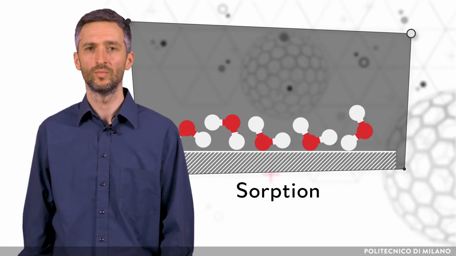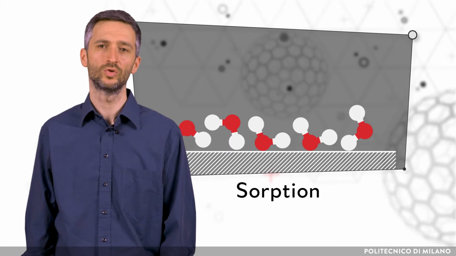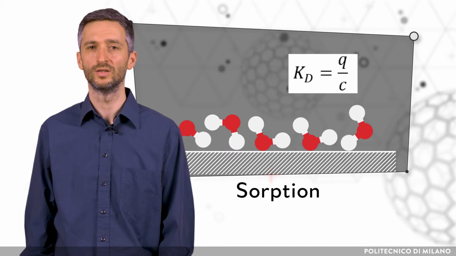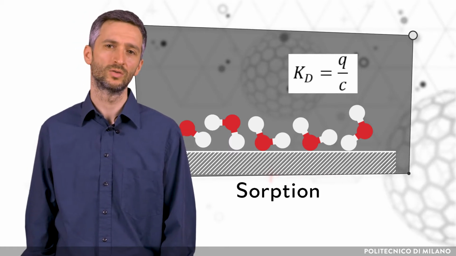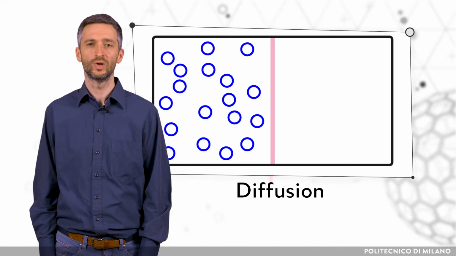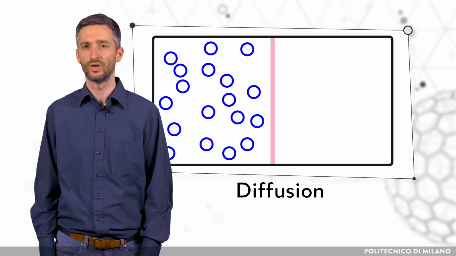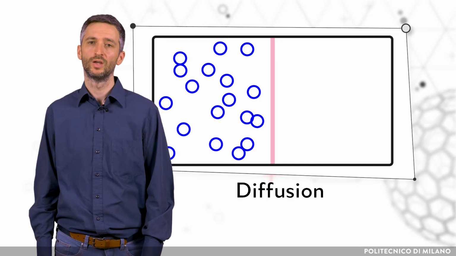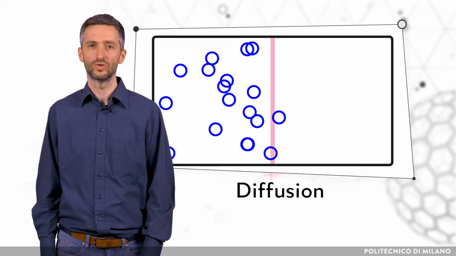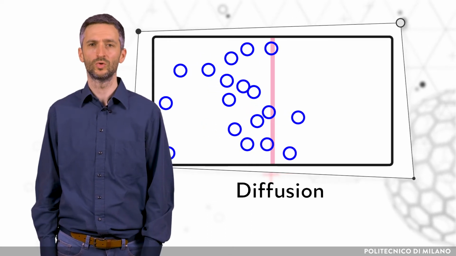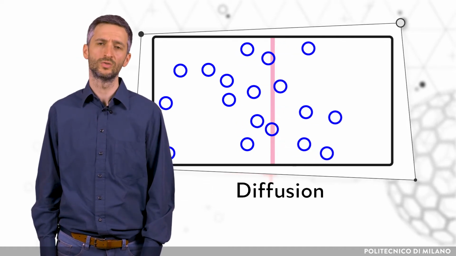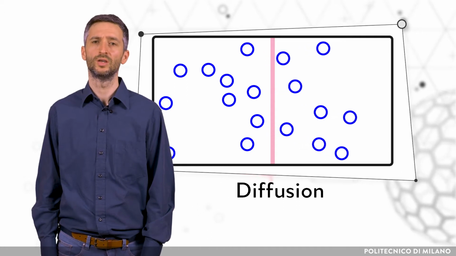Sorption properties of a material are characterized by the distribution coefficient Kd, which is the concentration of the radionuclide in the solid phase divided by its concentration in the liquid phase. On the other side, diffusion is the net movement of molecules from a region of higher concentration to a region of lower concentration. Diffusion is driven by a gradient in chemical potential of the diffusing species. Diffusion is a passive process by which radionuclides can move through a barrier. It is usually rather slow, but as risk from high radionuclide concentration will be present for centuries, it may become significant.